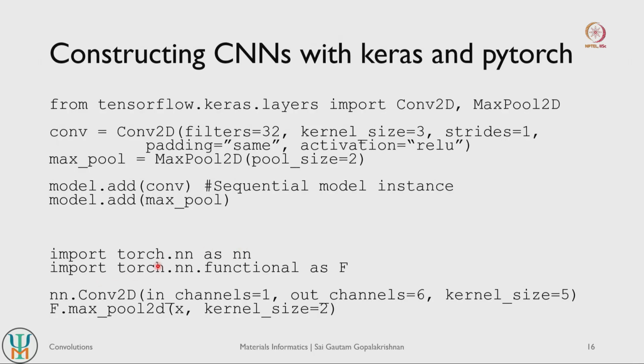In the case of PyTorch, you once again have a similar kind of function here called Convolutional 2D, and this again takes in similar sets of hyperparameters. So it takes number of inputs, number of outputs, filter size, and so on. And the pooling operation in the case of PyTorch is usually found under functional, and it's not a layer by itself in the PyTorch definition, but in the Keras definition it's part of the layers collection.